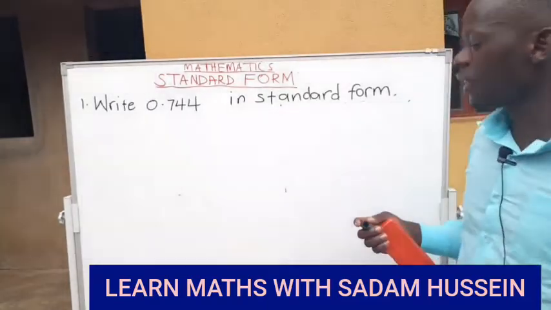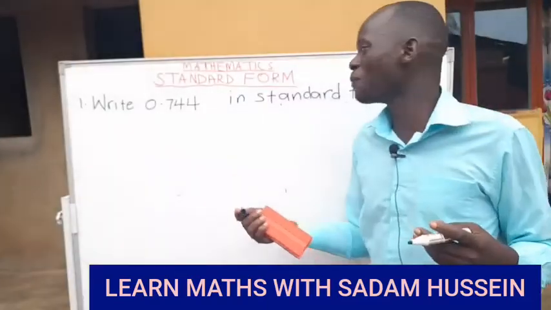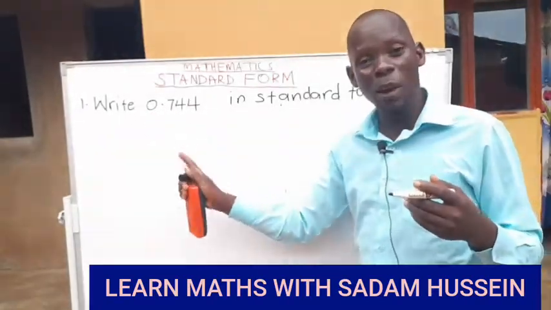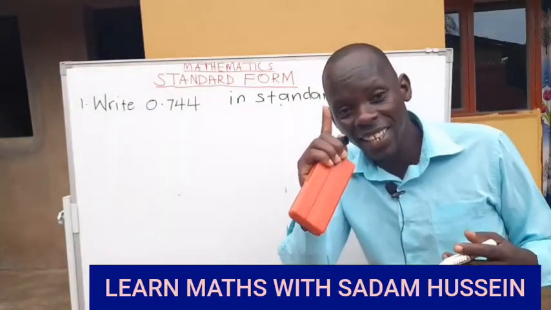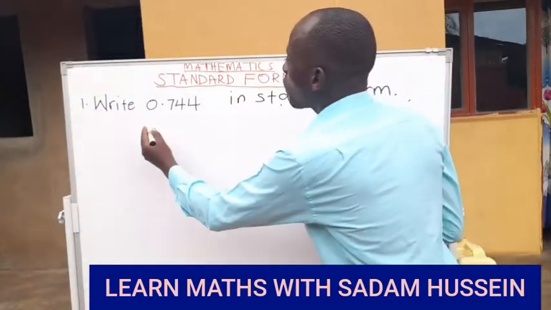0.744 in standard form. How do we write that one in standard form? The same thing. This is a decimal number. It is less than 1. So what you're supposed to do here is you get